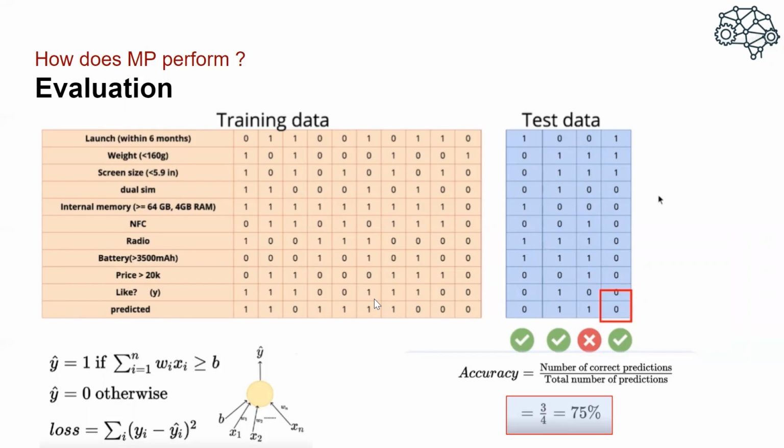And with the help of your learned model, you identified the predicted values, right? So what you will do is, you will check how many times your prediction was correct. Accuracy is nothing but the fraction of times your prediction was correct. So here the accuracy is 75%. Out of 4 observations, for 3 observations your prediction was correct, so the accuracy is 75%, which is an indication that your learned model is working well, right?